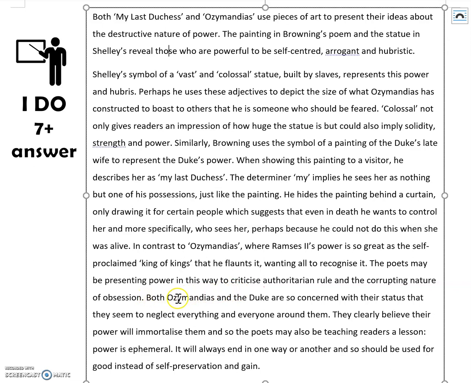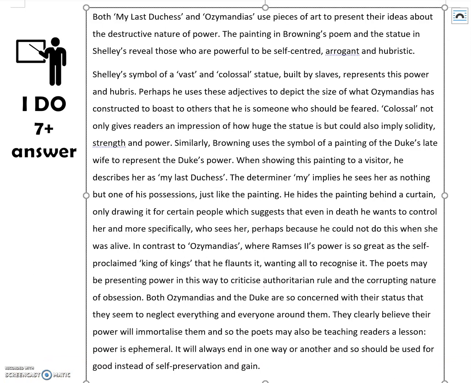Both Ozymandias and the Duke are so concerned with their status that they seem to neglect everything and everyone around them. They clearly believe their power will immortalize them, and so the poets may also be teaching readers a lesson. Power is ephemeral. It will always end in one way or another, and so should be used for good instead of self-preservation and gain. What I would like you now to do is to pause the video,